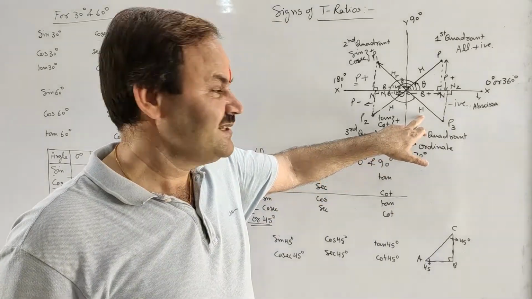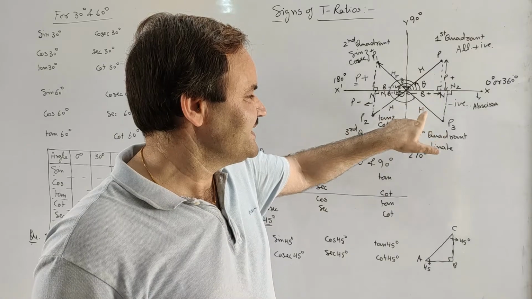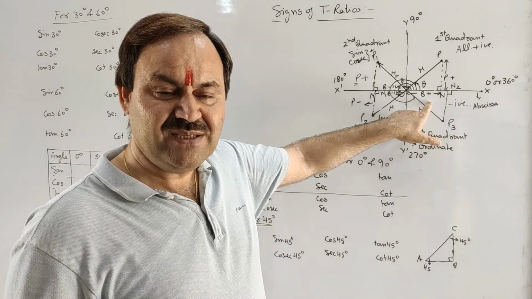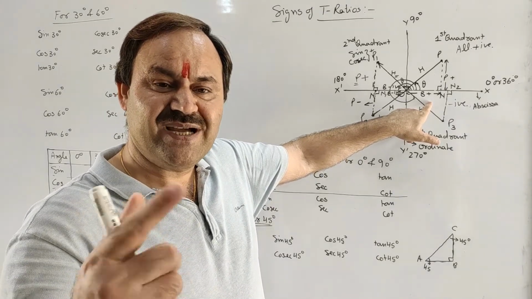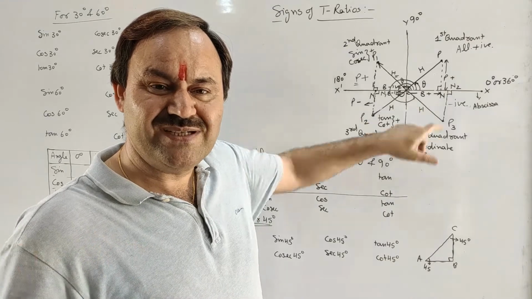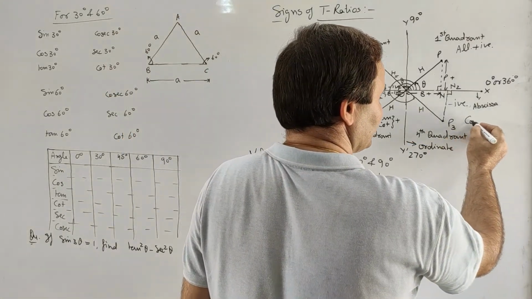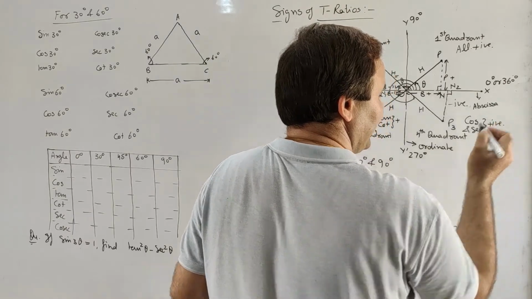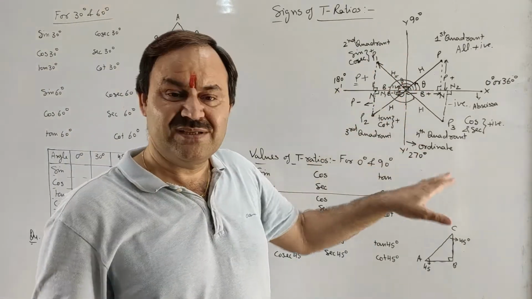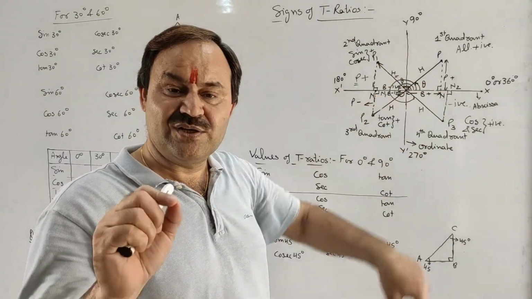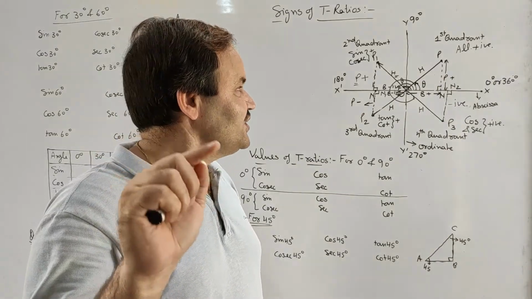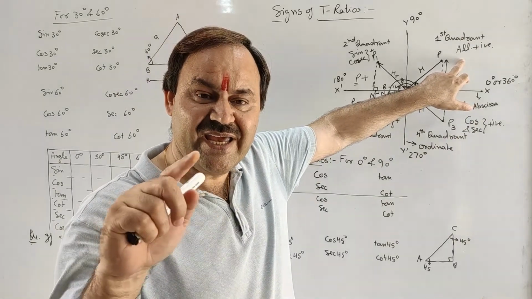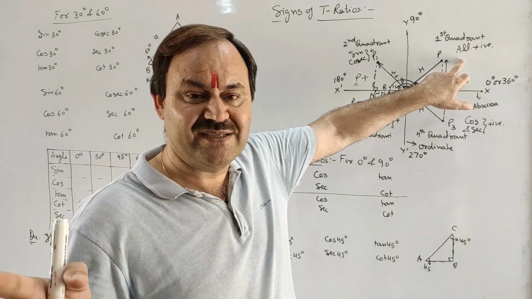Hence we will say that the T ratios in which base and hypotenuse both appear will be positive, while the rest all will be negative. And we know that base and hypotenuse both appear only in cos and sec. So in the fourth quadrant cos and sec will be positive, and it can be remembered by using "add sugar to coffee". Add for first quadrant, A means all for add.